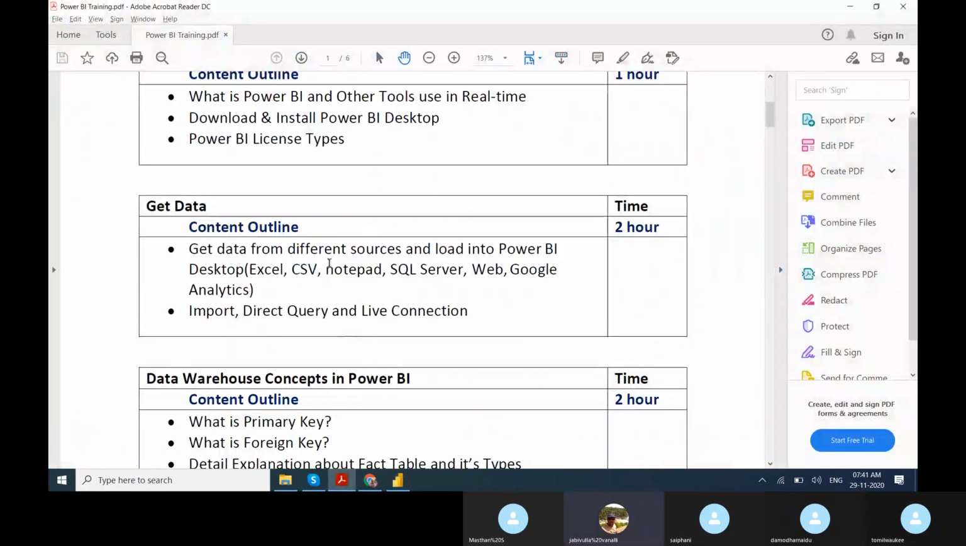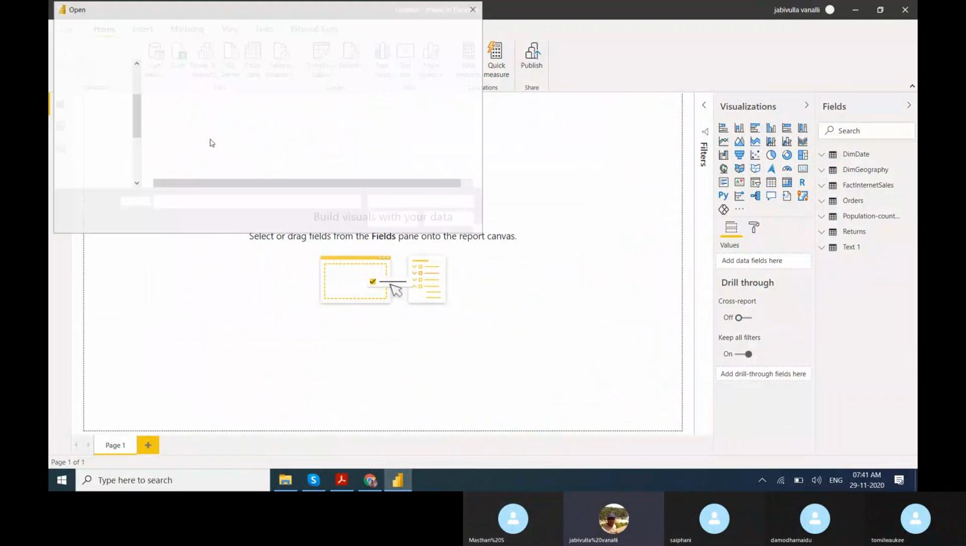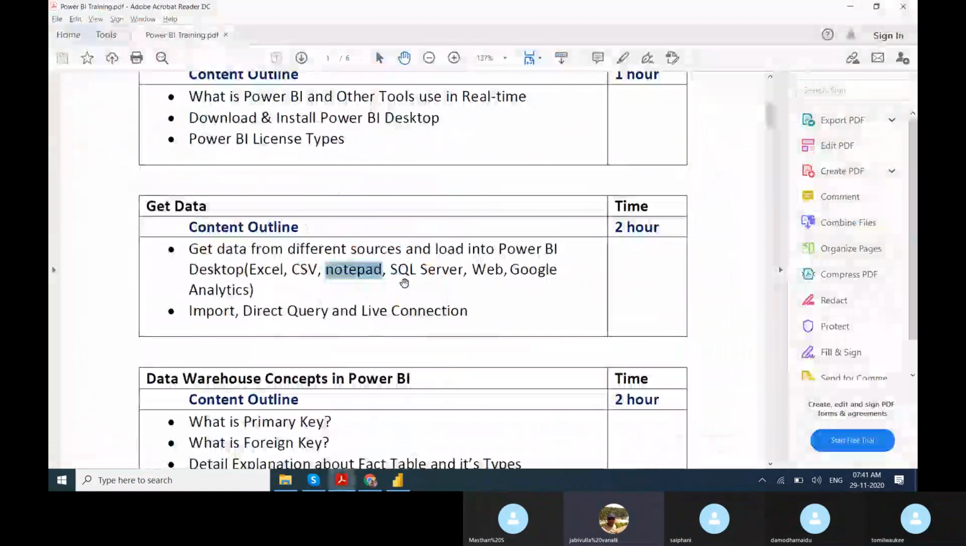And Notepad. Notepad text file is nothing but Notepad. So already showed Notepad files. And